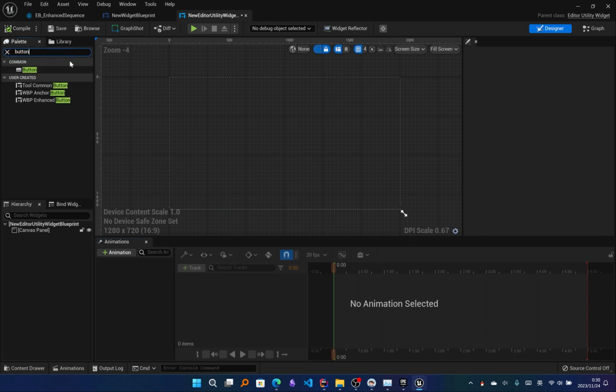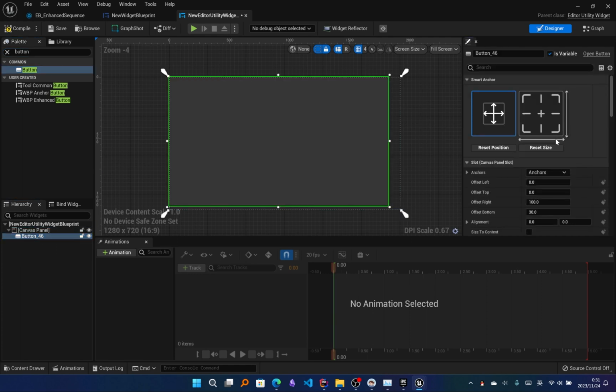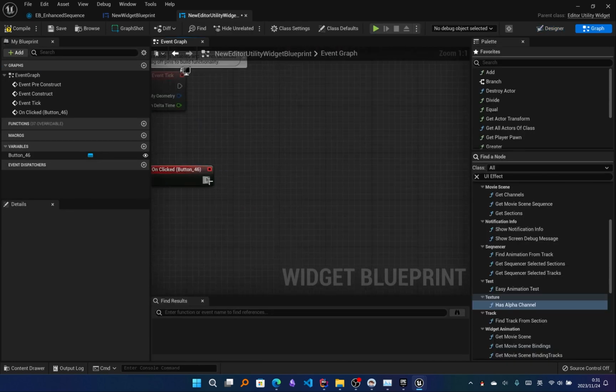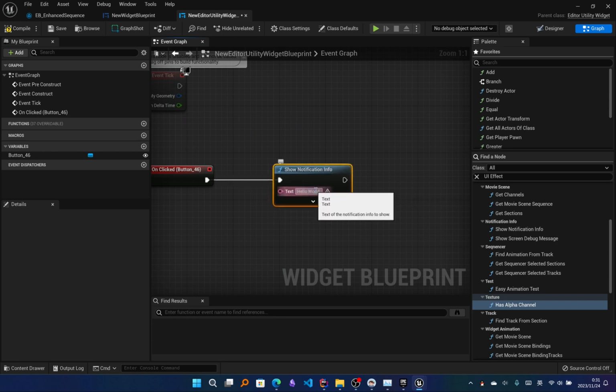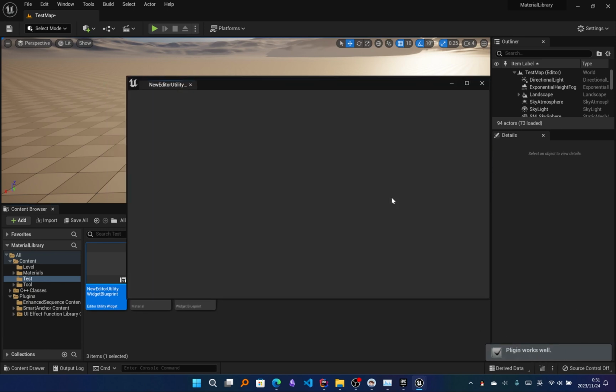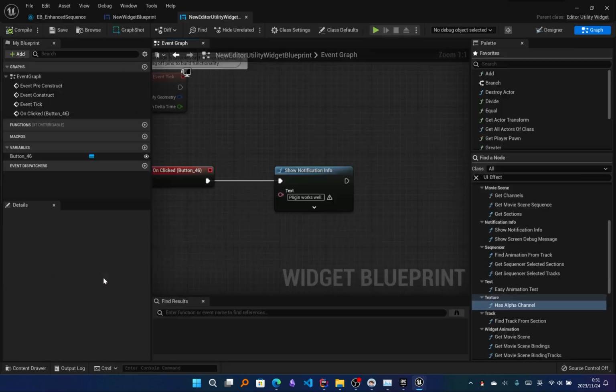We just add a button to this editor widget and anchor it full screen. We go to the click event. When we click it, UE will show a notification saying the plugin works well. Okay, we compile it and run this editor widget. It works well, but